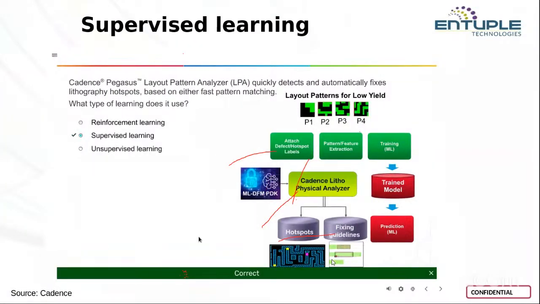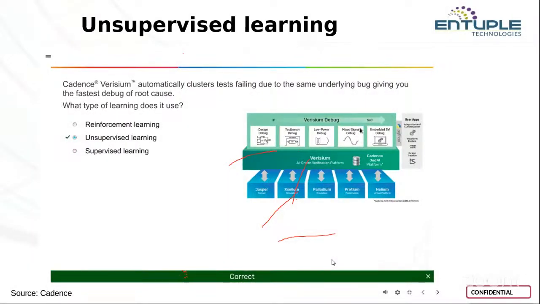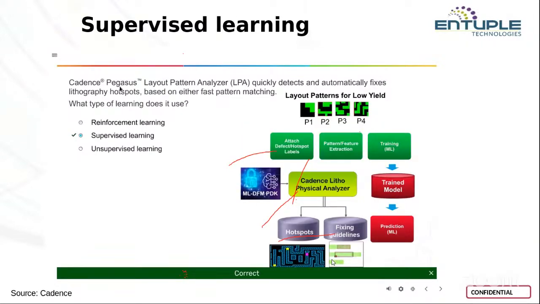Okay, right. And this Cadence litho physical analyzer. This is your manufacturing side. So while doing this lithography process, we are using these methods. Right. Then this Cadence Verisium. The previous one is Cadence Pegasus. We are working with supervised learning mode, and